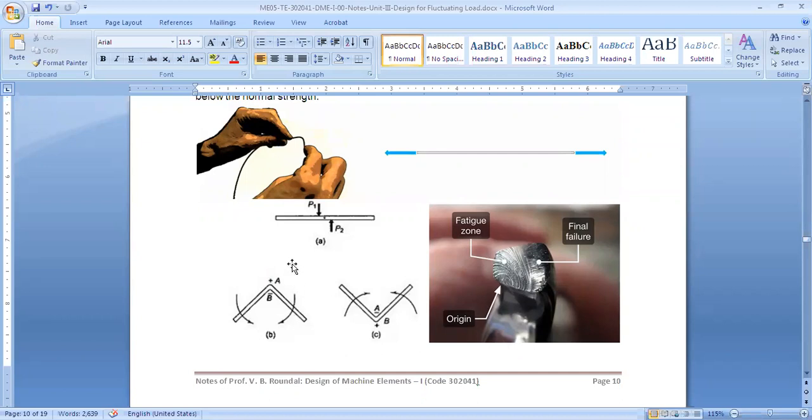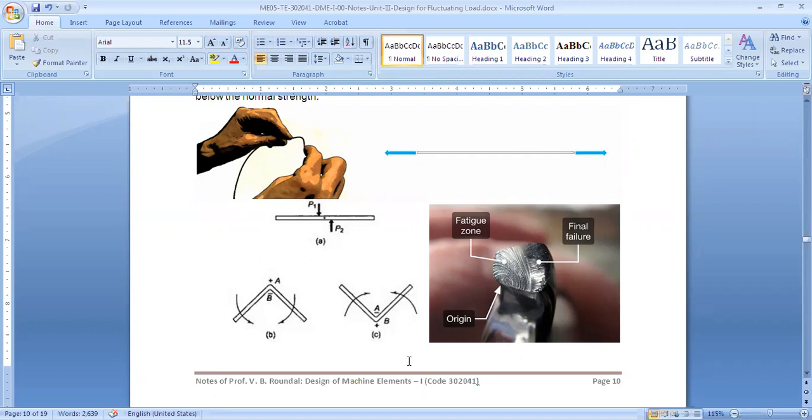What are we doing in A, B, C? In A, if you try to pull it from both ends, it will not fail. Try to shear it with hands, it will not shear. But try B and C. What is B and C? B means you're bending it. The top portion will undergo tension. You should be able to visualize it. There will be a neutral axis. Top fibers will be under tension, bottom fibers in compression in figure B. In figure C, the opposite: top will be compression and bottom will be tension.